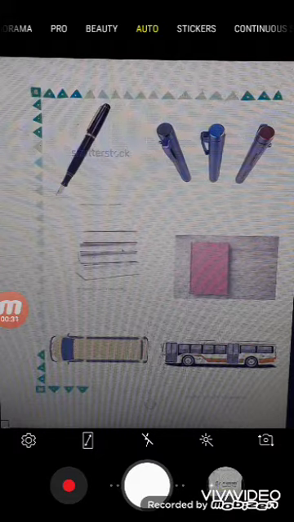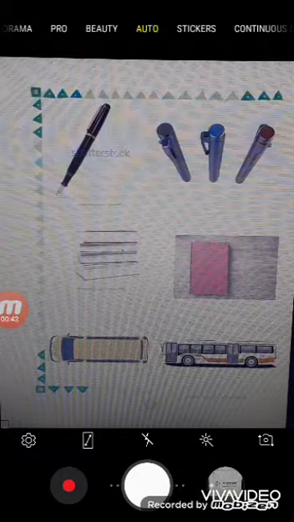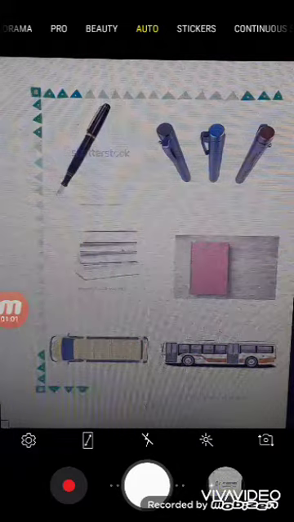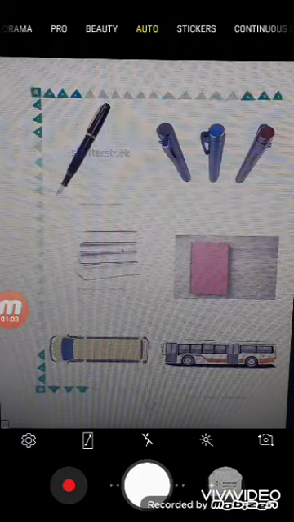Next picture is of the bus. The first picture is only the upper part of the bus. Means you cannot see the wheels, doors and windows of the bus. You can only see the top portion of the bus. Means it is called the top view of the bus. Okay. And next to it, it is the full picture of the bus. Means here you can see the doors, windows, wheels of the bus also. Means you can see properly the whole picture of the bus. Means it is called the side view of the bus.